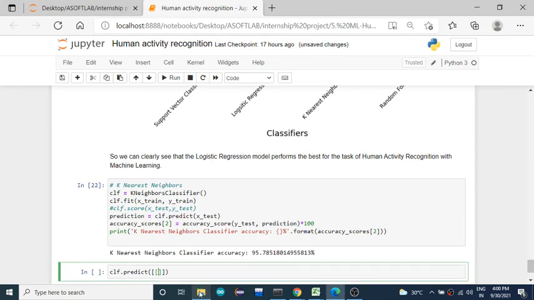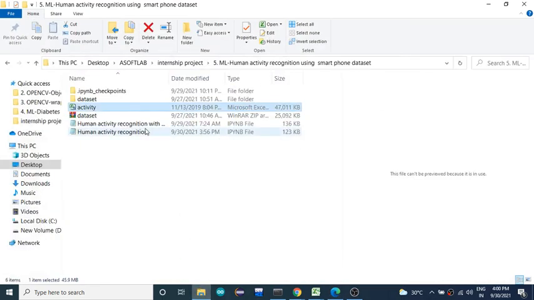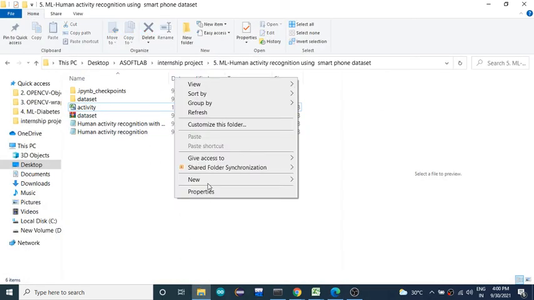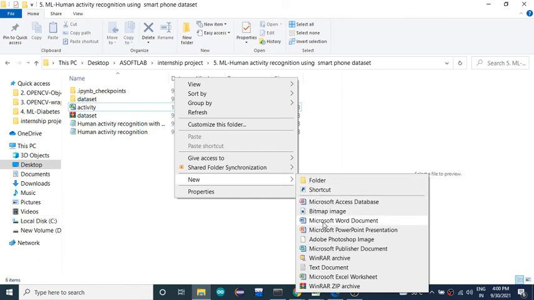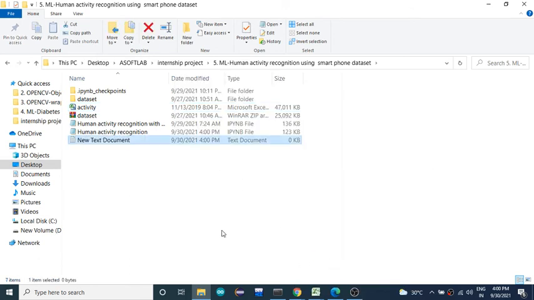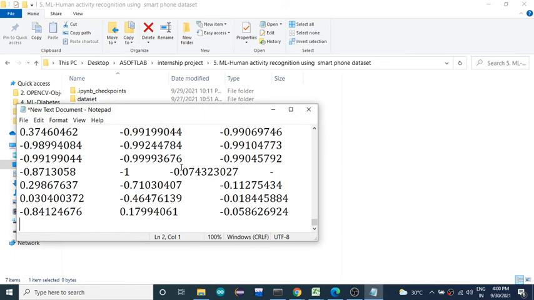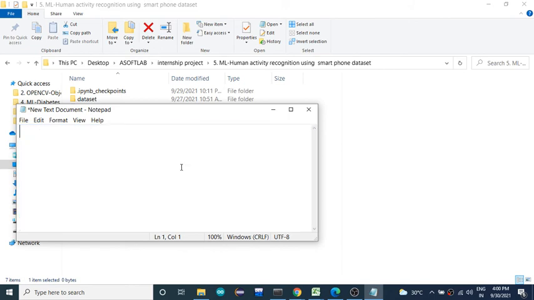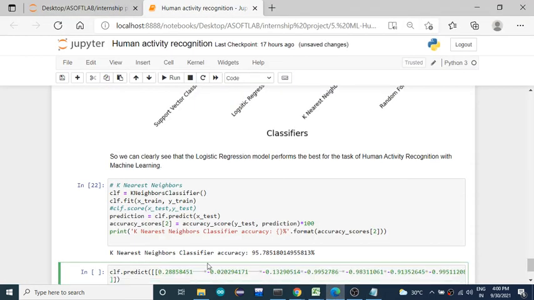I'll give the samples, just replacing the spaces with commas.